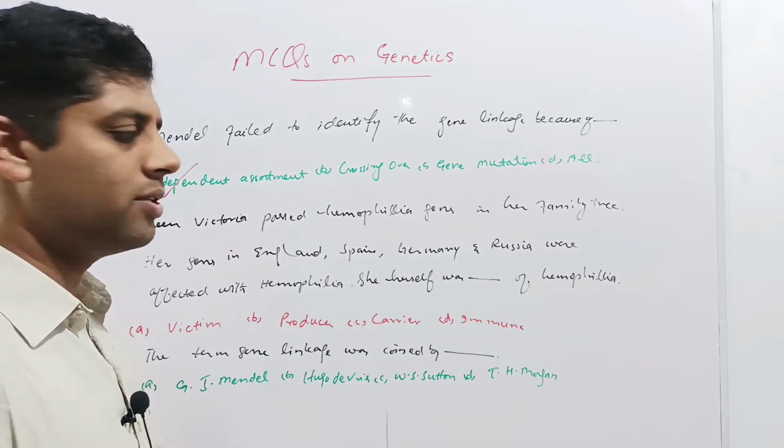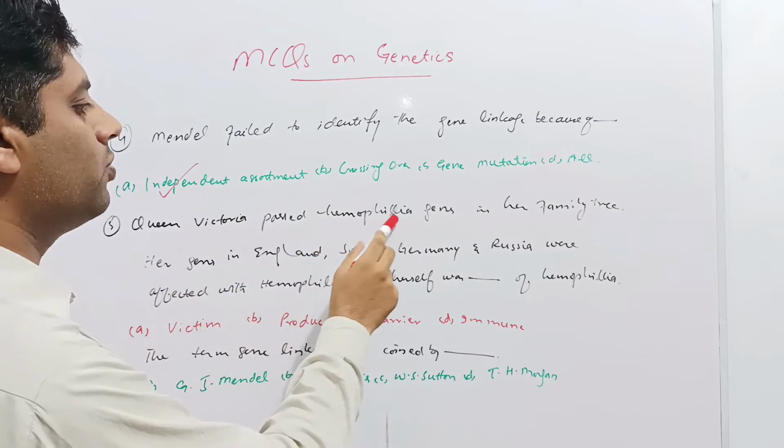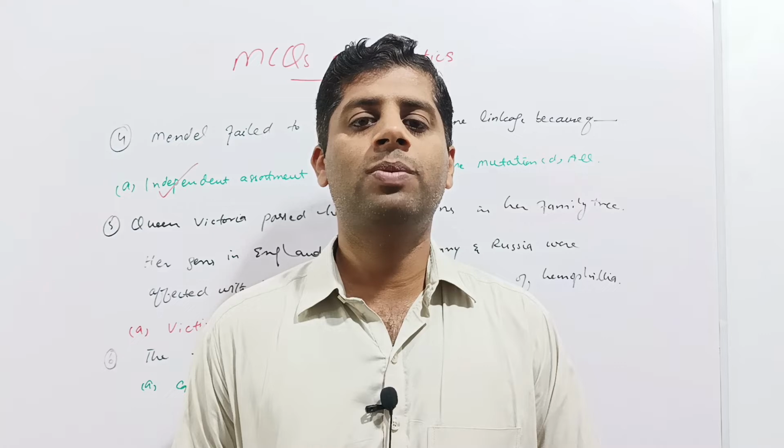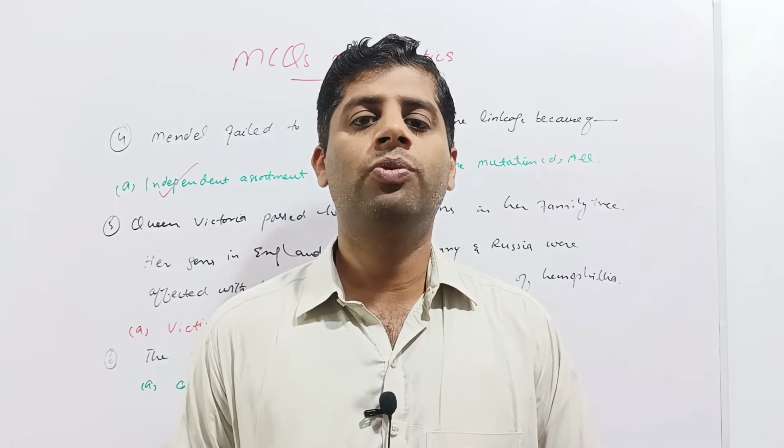Next is a historic question. Queen Victoria passed hemophilia genes in her family tree. Hemophilia is a genetic disease, and if we further explain it in the language of genetics, hemophilia is caused